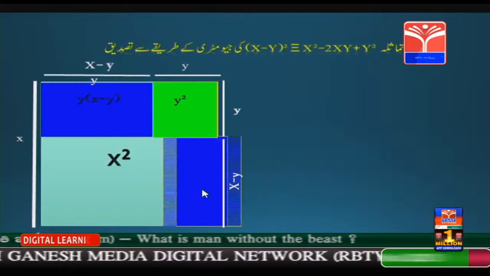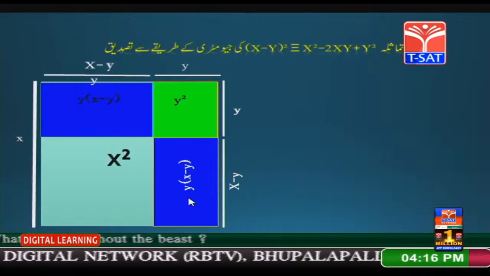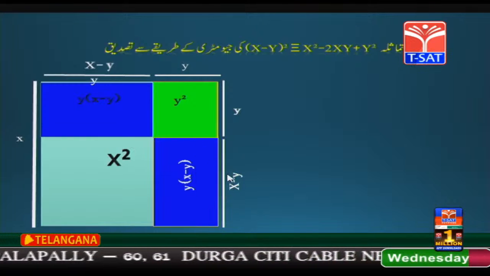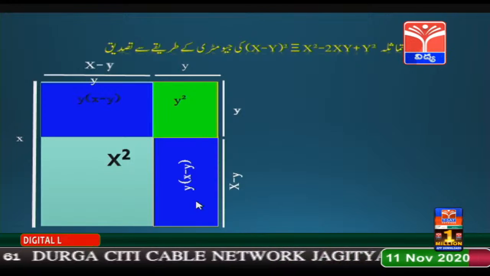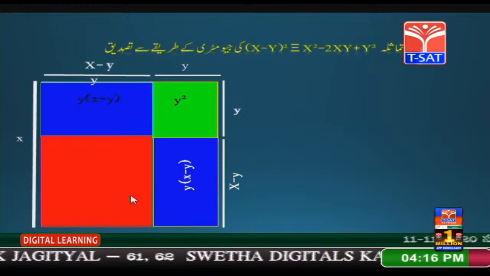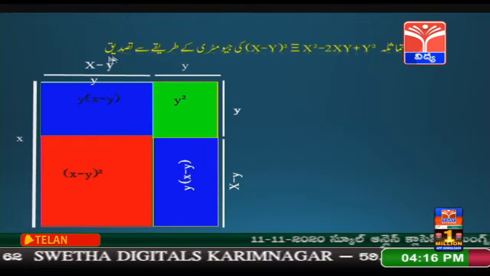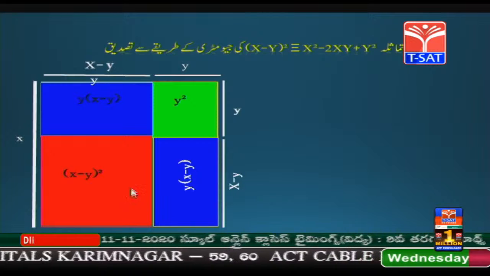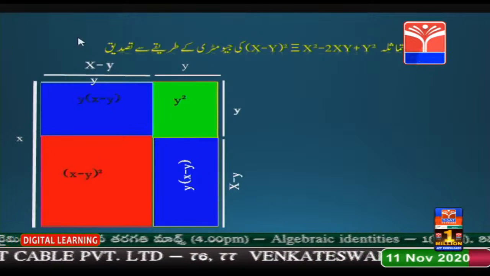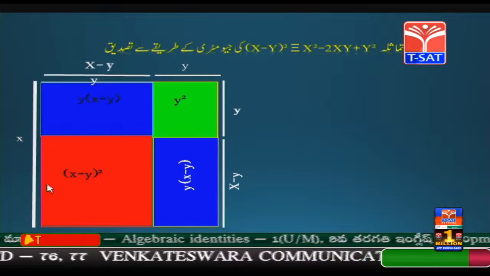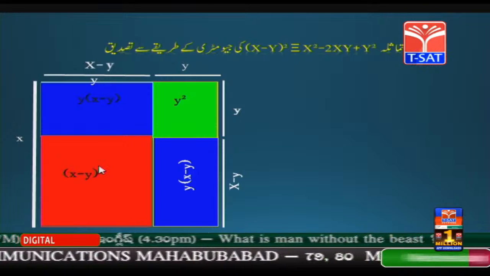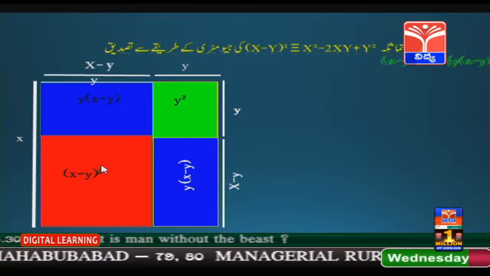इसी तरह से यहाँ एक मुस्ततिल है, तो इसका रकबा क्या होगा? देखिए, ये भी y अर्ज है, तूल क्या है इसका? x माइनस y, इसका रकबा y इंटू x माइनस y। तब ये बाकी बचा हुआ हिस्सा कितना होगा? तो पूरे मुरब्बे में से जो बाकी हिस्से काट दिए गए, तो बाकी बचने वाला x माइनस y है, ऊपर वाला भी x माइनस y है, तो इसका रकबा क्या होगा? x माइनस y की दूसरी।